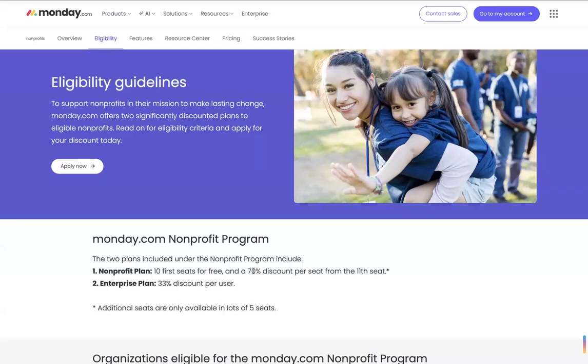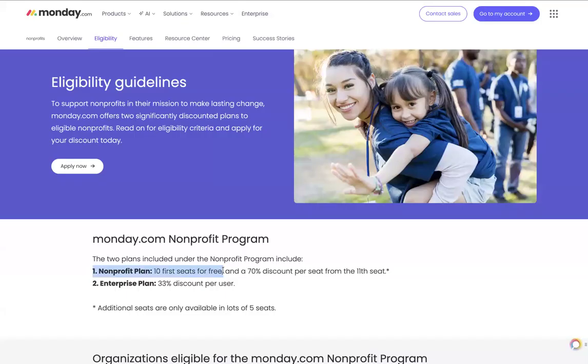Monday Work Management, perfect for managing projects and tasks and that kind of thing. Monday Dev, which is more of a product development tool, so not maybe as relevant for nonprofits. Monday CRM, which is perfect for managing donors, but also grant providers or volunteers or beneficiaries. And Monday Service, which is like a ticketing app. So if you are a nonprofit that takes requests for things, either services or products or goods, and you then distribute them, Monday Service may also be relevant. All 4 of those products come with this deal.